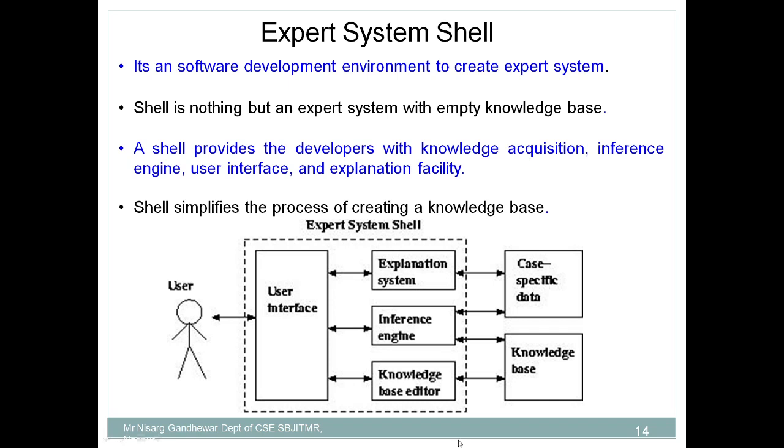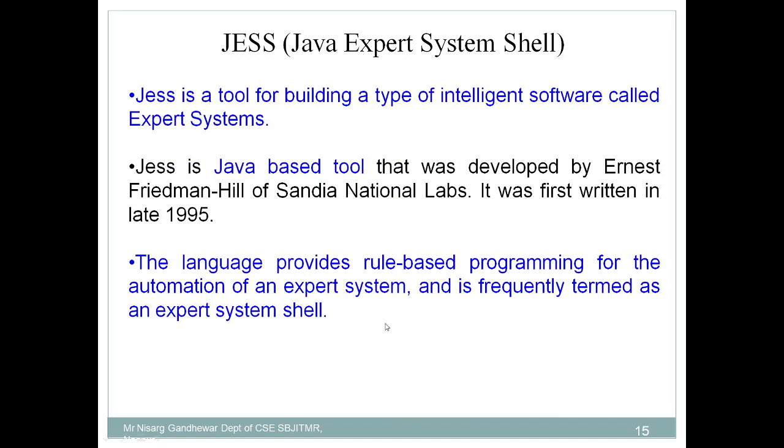Before discussing the steps, we are discussing the expert system shell because we are making use of this shell to develop the expert system, right? A very famous expert system shell that is available is JESS. JESS stands for Java Expert System Shell. It's a Java-based tool that was developed in the year 1995. And JESS can be used to develop an expert system for multiple domains. The only thing is that you need to make a change in the knowledge base, and again if you want to slightly modify the user interface or inference engine, you can do it.